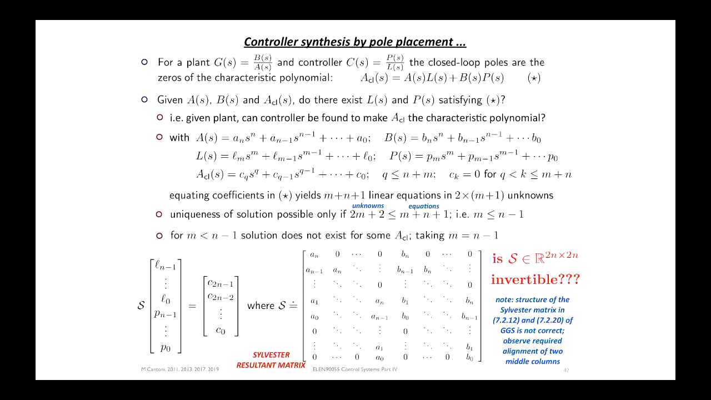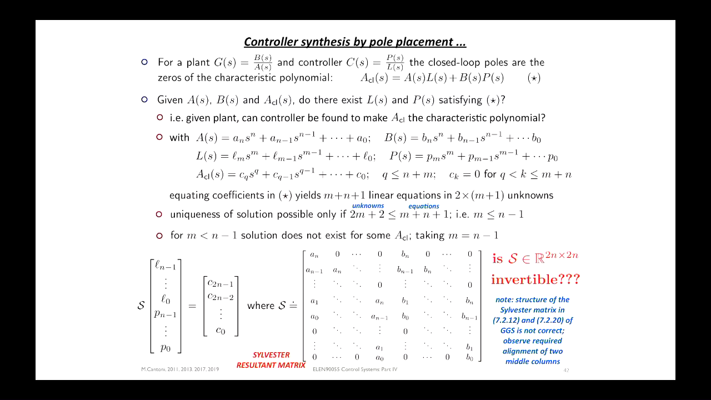All right. So we know that, if the number of unknowns is equal to the number of equations, then we can potentially get a unique solution. So that's suggesting that you need to choose the degree of L to be less than or equal to n minus 1, where n is the degree of A. And often we just take m to be equal to n minus 1, right? So that we can arbitrarily set the coefficients here, right? So in the case that you take m equal to n minus 1, then you can arbitrarily choose these coefficients,